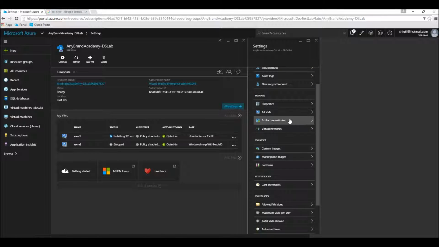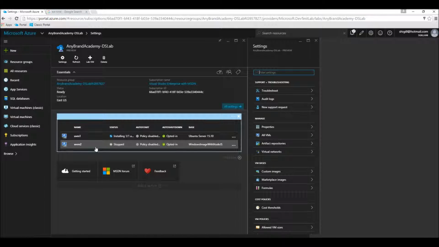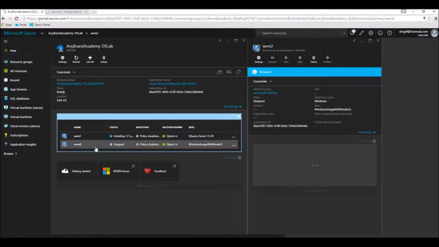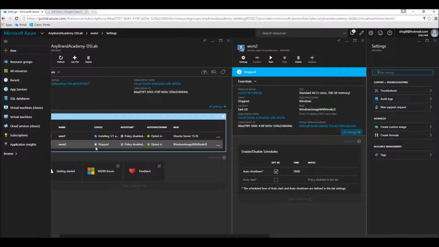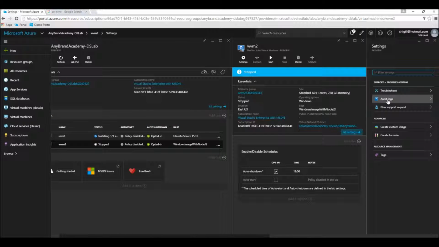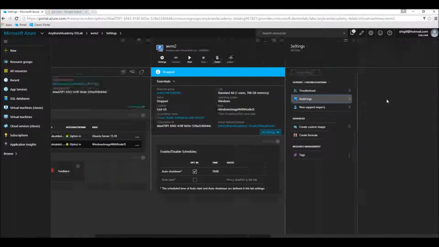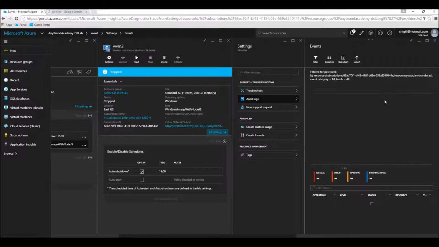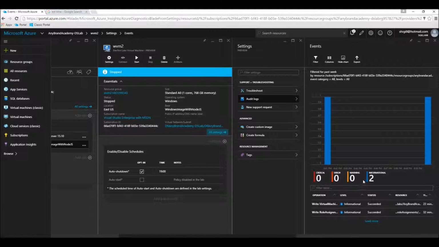If I go to, for example, this machine, this Windows Virtual Machine 2 instance, we saw how we use it and how it stopped itself. But sometimes it is very useful to find some log and audit information about what happened and why it stopped. If you go to the audit logs, this is a possibility to know what your virtual machines were doing since the last commands. When you click on the audit logs, you can see